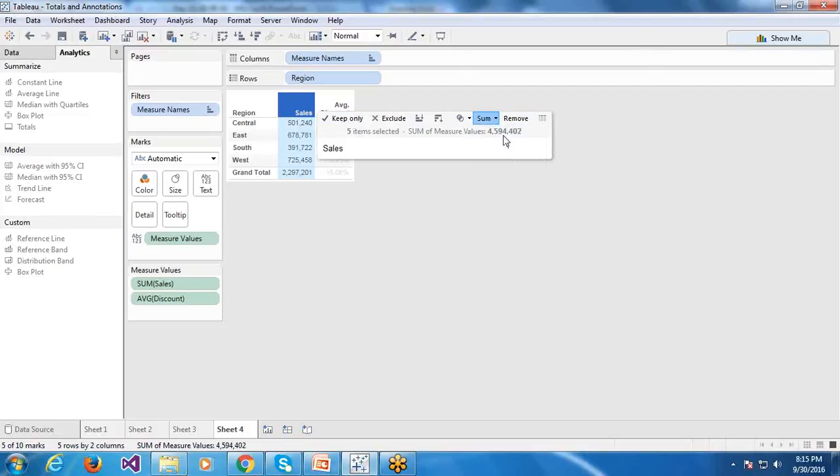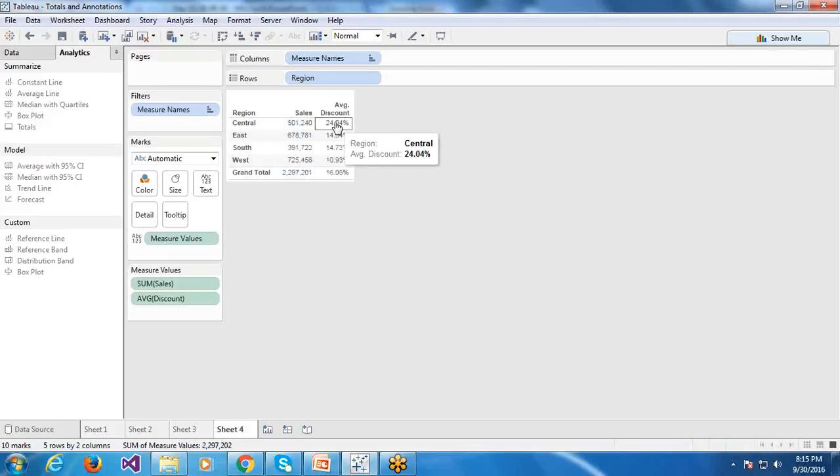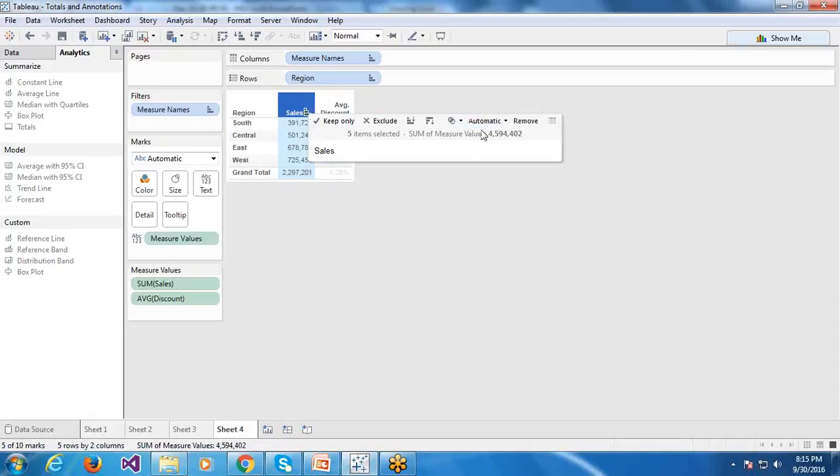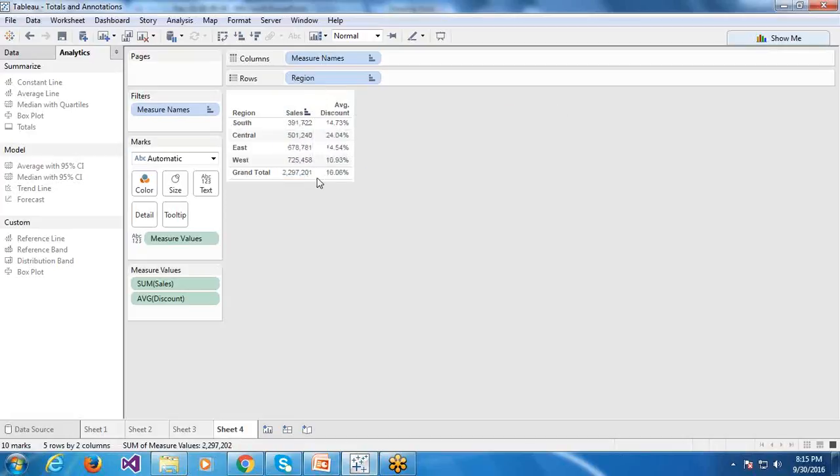So for this it is applying average, for this it is applying automatic or sum or minimum or maximum. So we can apply different aggregations for different measures by using this. That way we can manage two pass totals for different measures.